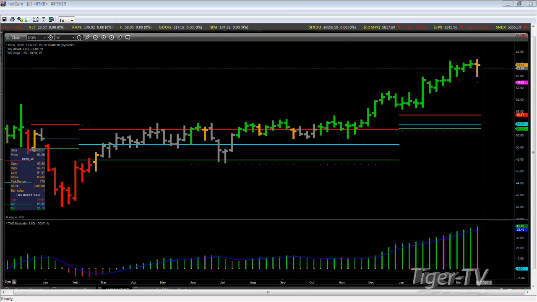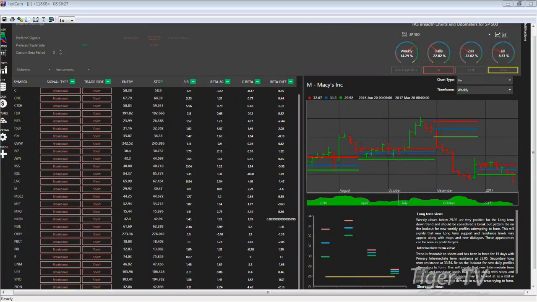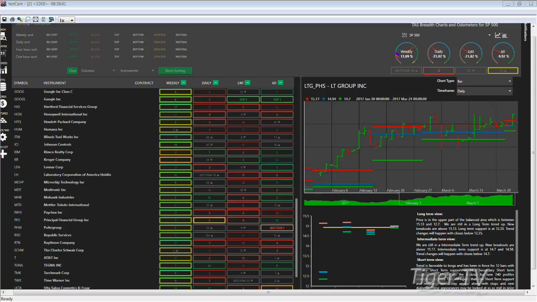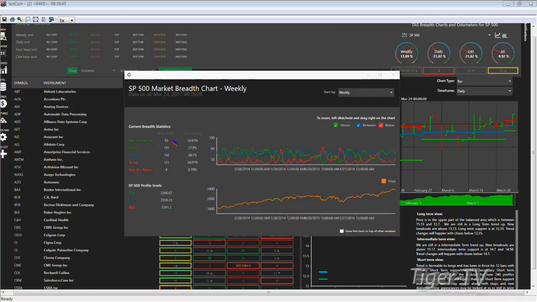I wanted to look at a couple other stocks here. Let's go back to our dashboard really quick and look at some stocks trying to put in some new weekly profiles. If you can see this, there's quite a few. And if we look at the S&Ps as a whole, you're still climbing here. You've got 55 stocks trying to put in new supply areas up top. We're probably going to convert some of that over Monday morning.